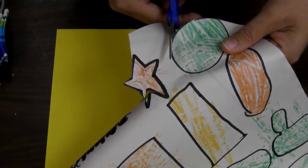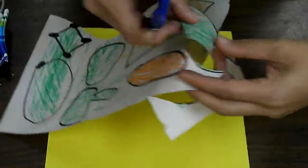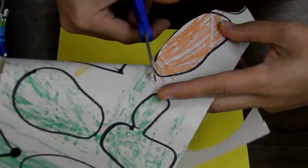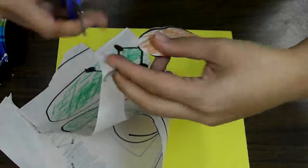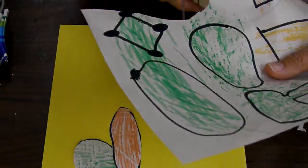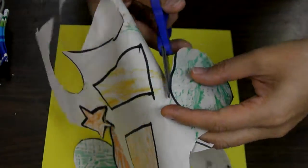Now last time you actually made about 12 shapes. Some students did more than 12 shapes, and that's fine. You don't have to cut out all your shapes, because I know some students were worried about, I don't have enough time to actually build my house because it's taking me a long time to cut out these shapes, okay? We want you to have about 6 shapes. So you can pick and choose from the 12 shapes that you actually drew and pick about 6 of those